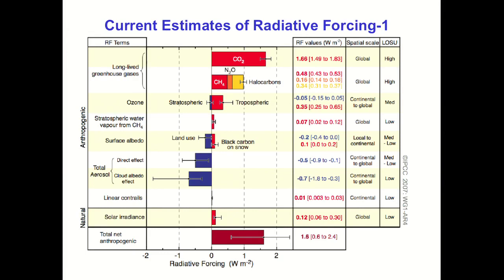Then of course we look at these rather complex components, which we know, if you look at the level of scientific understanding on the far right, LOSU, you can see that these are the ones that are quite uncertain. We have essentially aerosols. Now originally these were combined into total aerosol and then split between what we've discussed previously in the course, the direct effect, absorbing and scattering, and also the indirect effect, the cloud albedo effect, or the Twomey effect.